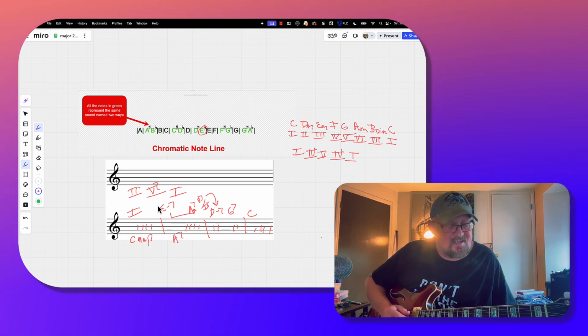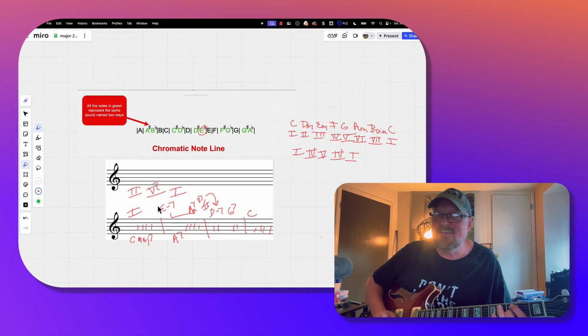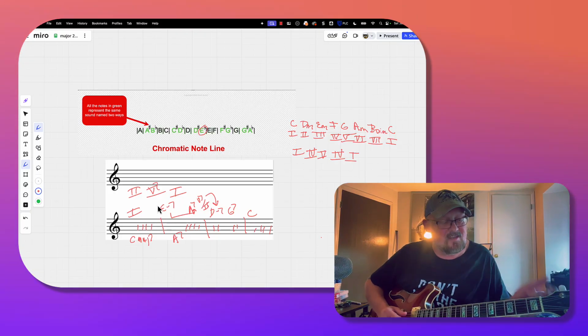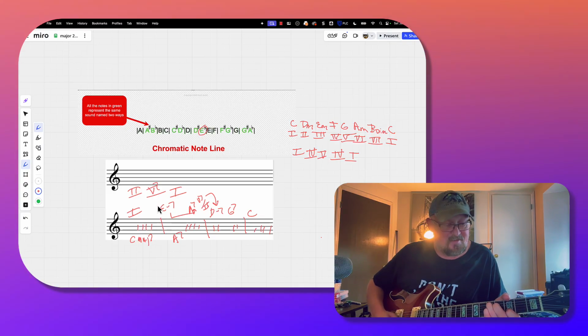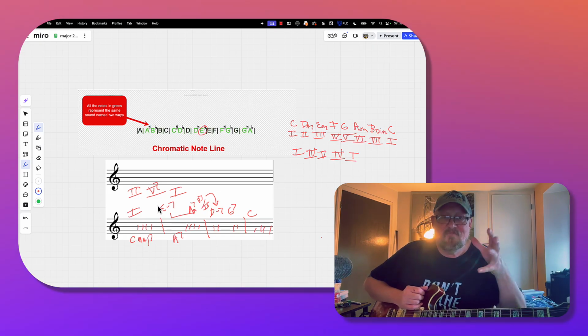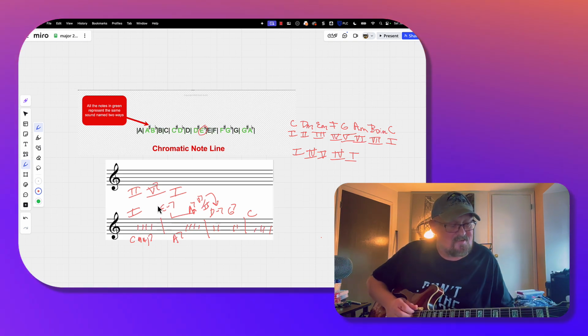So again, the easiest one to remember, the one you probably heard the most, is C, and then C7, and then to F. So this C7 is five-seven, the secondary dominant of the four chord. You can have the secondary dominant of the five chord, which would be G7. You can have the secondary dominant of the six chord, which would be E7. So you can have secondary dominants. Obviously, I'm doing it in C for simplicity's sake, but in any key,